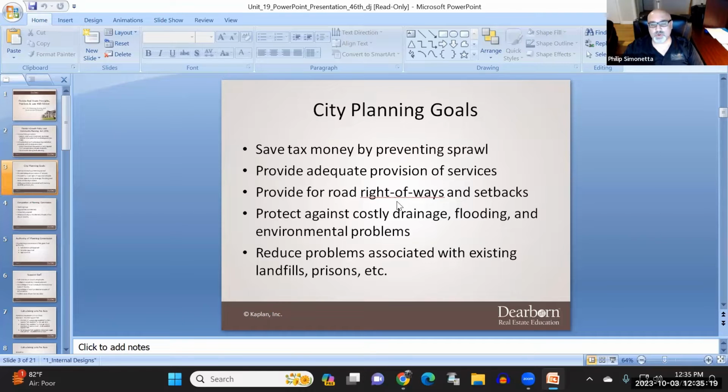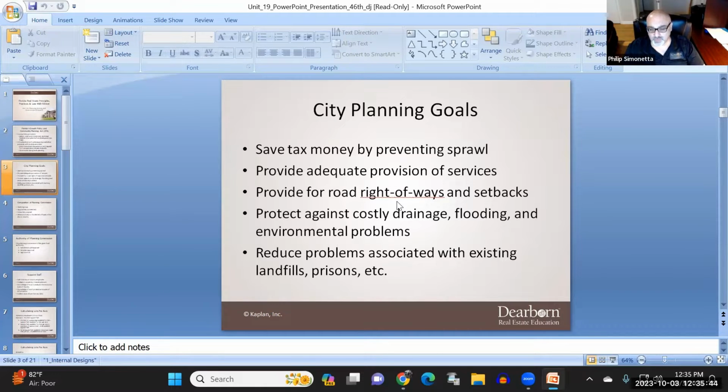So let's talk about what city planning goals are. City planning and putting things in certain areas, like industrial areas, there's a reason for that. And these are some of the goals. They save tax money by preventing sprawl, having things all over the place. It provides adequate provision of services: fire, police, EMS, everything like that.